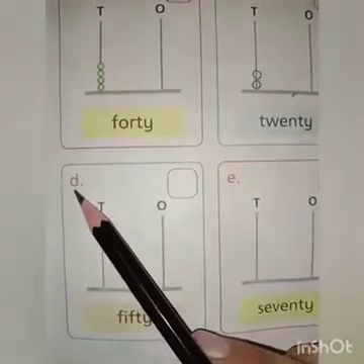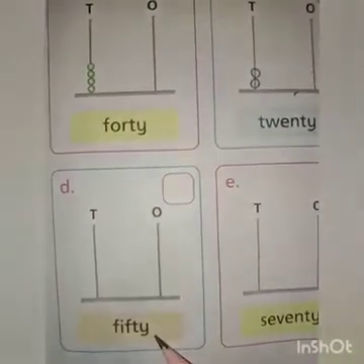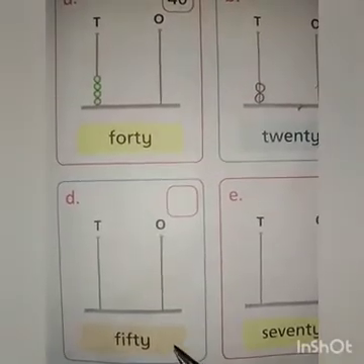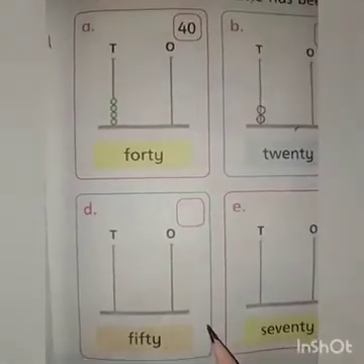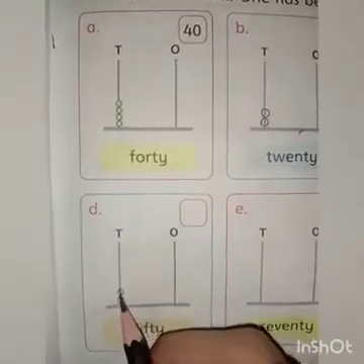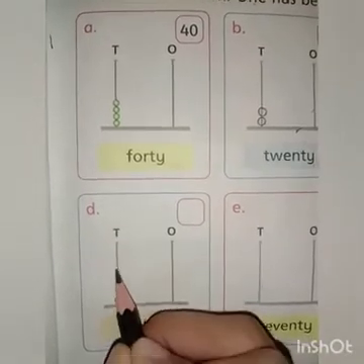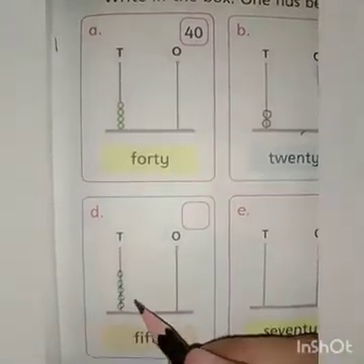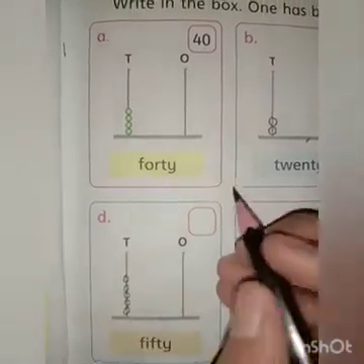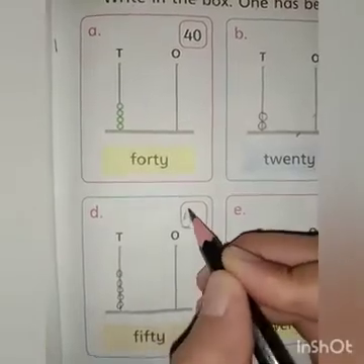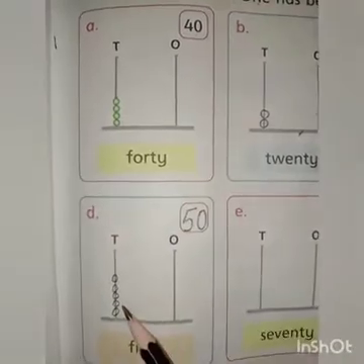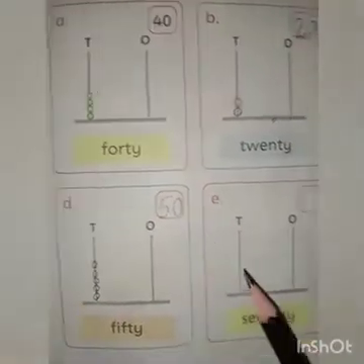Here we have point D. At point D, here we have the number in word is 50. How many tens 50 have? Students, 50 have 5 tens. So we will draw 5 beads at the tens rod. 1, 2, 3, 4, 5. And no one at the ones. Students, here we have 5 beads at the tens and we will write tens first. So we will write 5 here. Then 0 with 5. 5 beads at the tens rod make the number 50. Go for the next one.